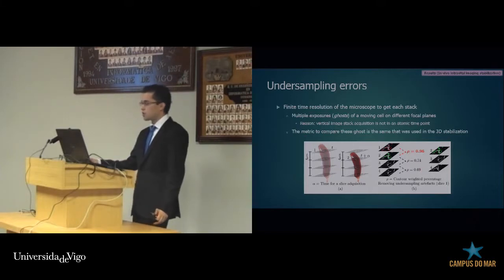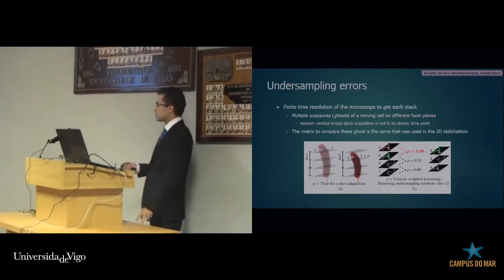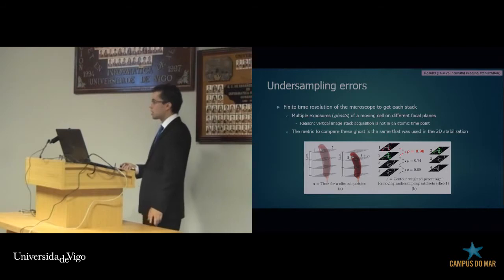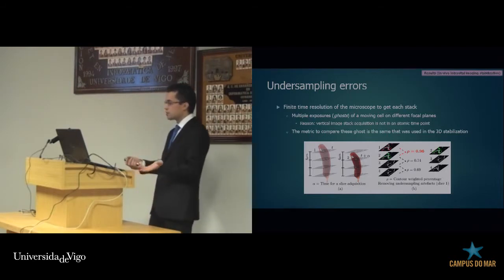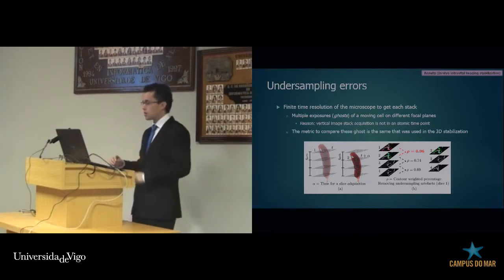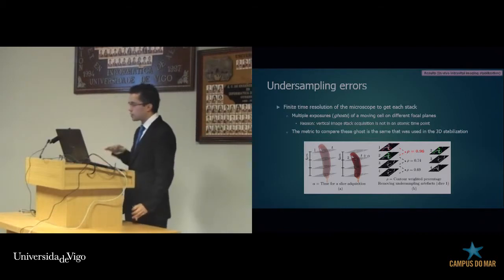So, for example, if you are doing cell tracking, you can get one cell in the first slice and another cell in the second slice, but they are not two different cells, they are the same. So you cannot answer biological questions with this data because it's wrong. You need to remove one of them if you know that they are the same information. So using the same techniques that we used before, we can remove some of the slices that you have.